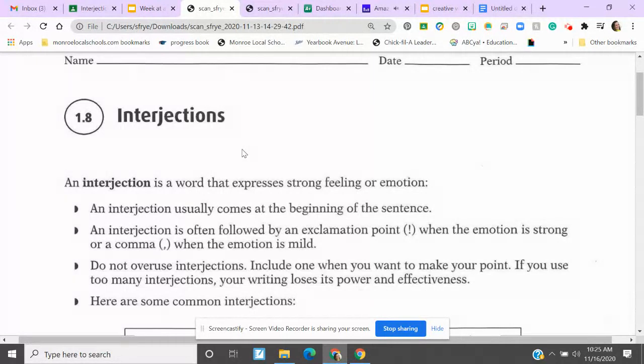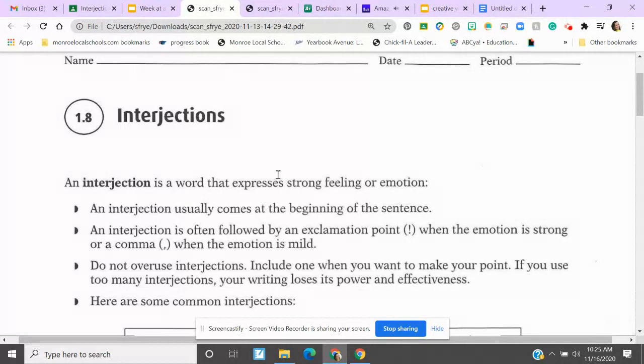And for those of you who are mathy people, this should make sense to you. Everything has a purpose, everything has a function in the sentence. So if you're more of a logical person, this is the part of language arts that should make a lot of sense to you because it's logical. Everything has something to do, right? Anyway, so interjections